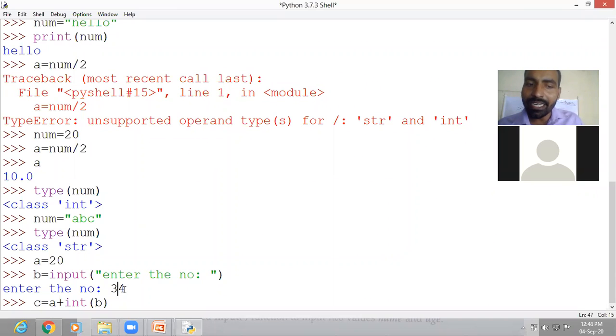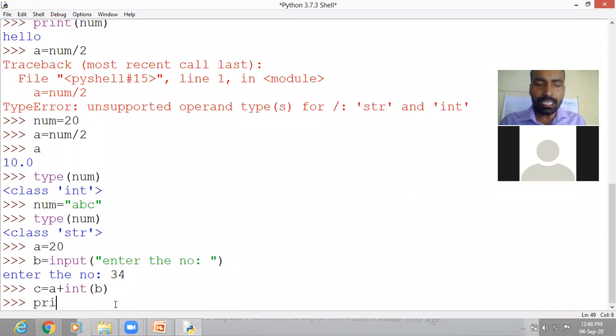So here we have entered 34, but 34 has been taken as a string by Python. And now we want to use that as a number. That's why we are using the function here, int b. Now int function will convert this 34 into a number. Okay, now it will add a plus b and store in c.